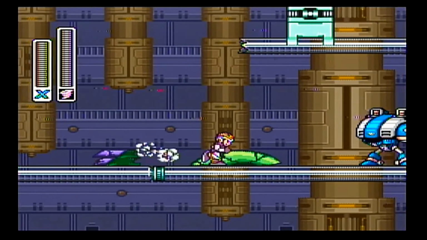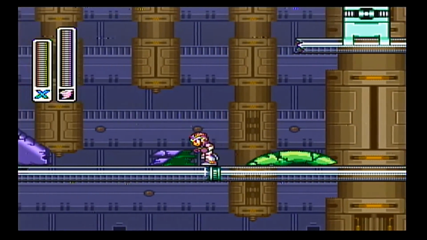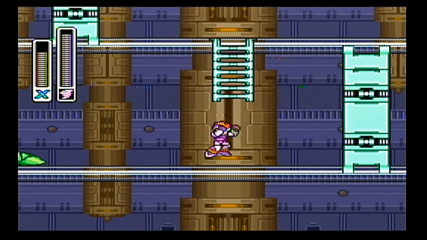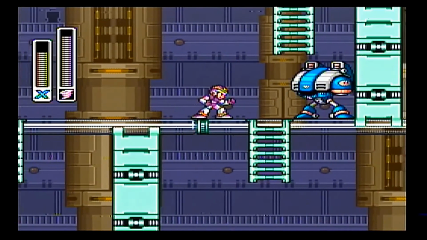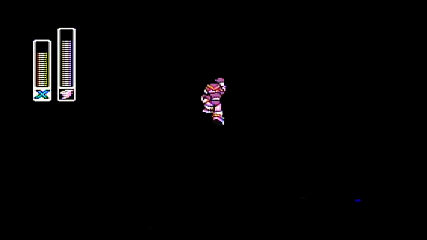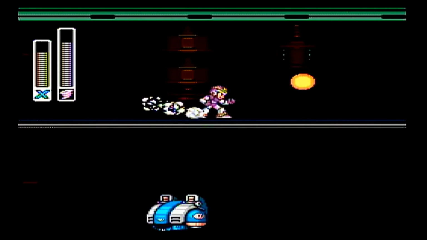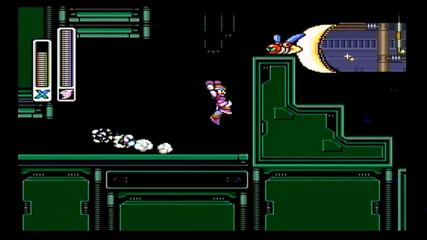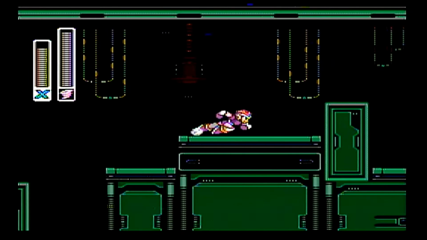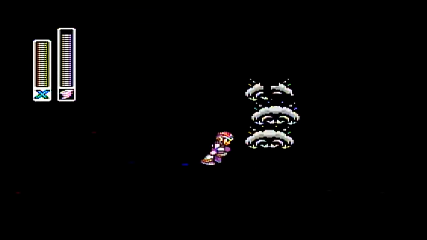But otherwise, we got what we need to get through this stage. It's going to be a little bit easier. See, there's that little debris from the plane from Storm Eagle stage. If you come to the stage first, before defeating Storm Eagle, what happens is there's like electric currents running along the floor. Also, the screen doesn't get as dark as it does here, but this is where the Storm Tornado